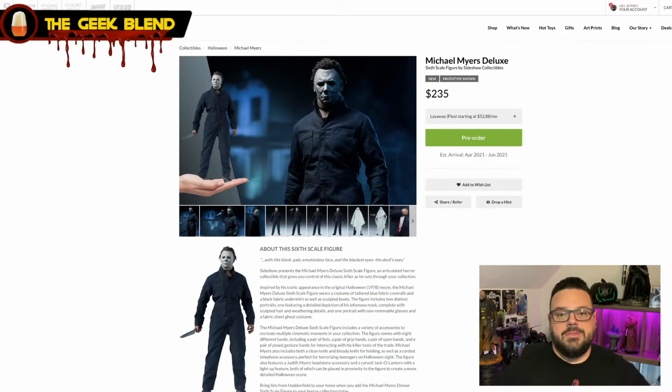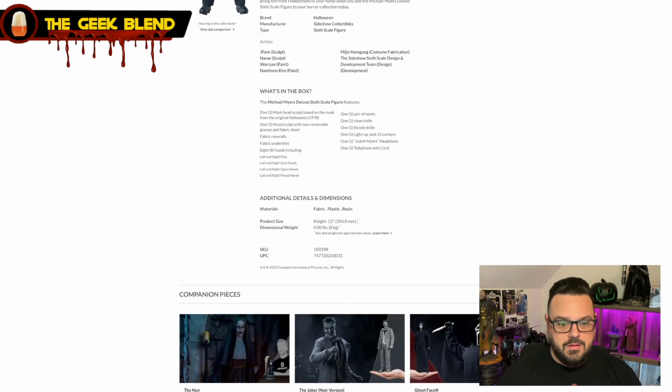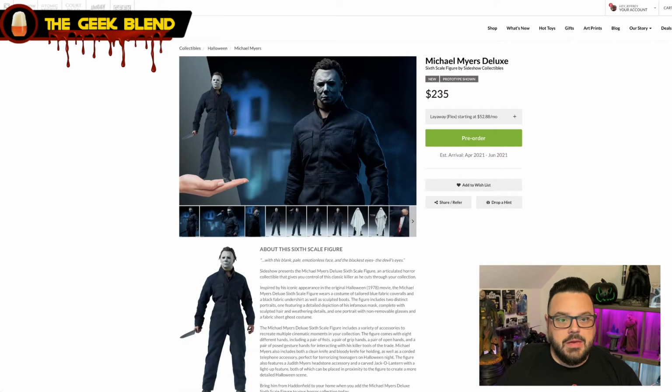This is what I'm talking about. This is the Michael Myers Deluxe 1/6 scale figure by Sideshow Collectibles. This is the one I looked at. It was a prototype of it when I looked at it before. I don't think these are still final images. I think it's subject to change, whatever. Anyway, this is going up against Trick or Treat Studios and their 1/6 scale Michael Myers